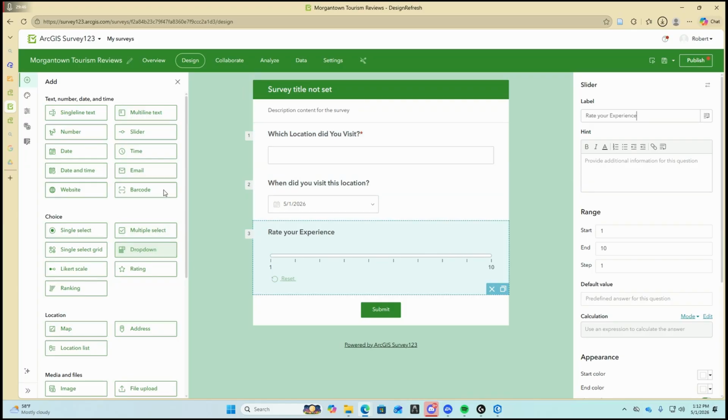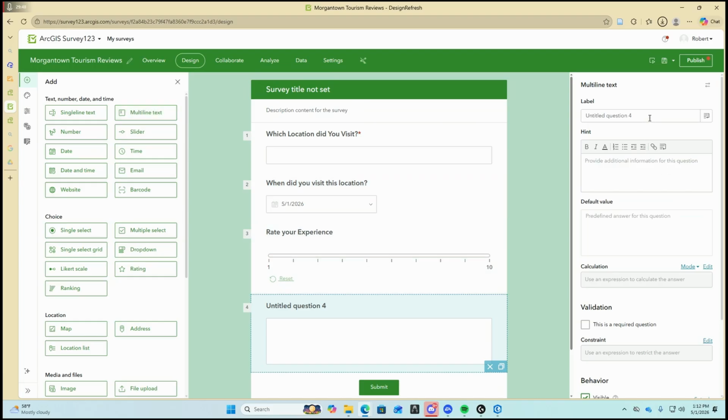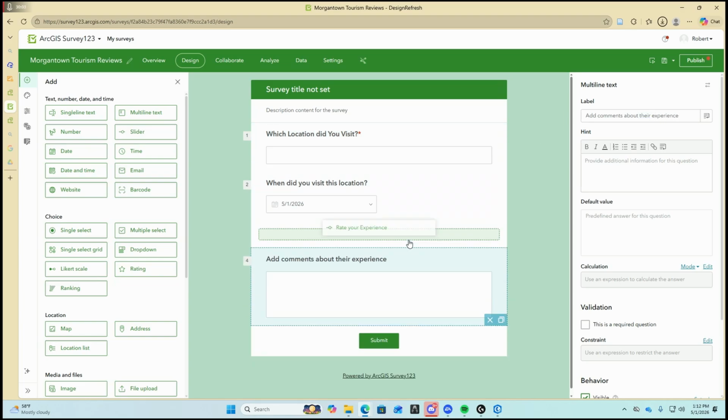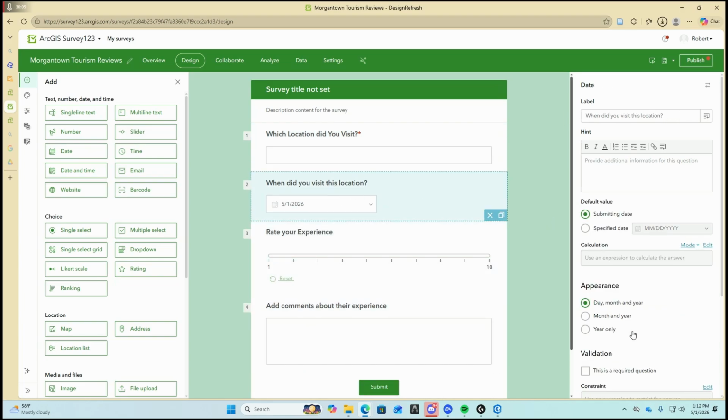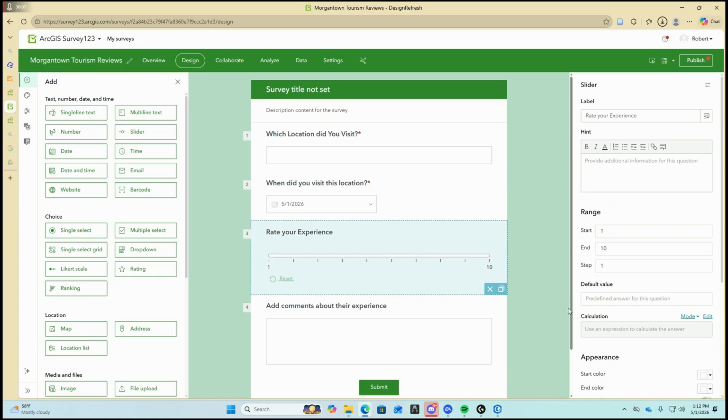And then we can do a multi-line text to add comments about their experience, and we want to make these first three required,